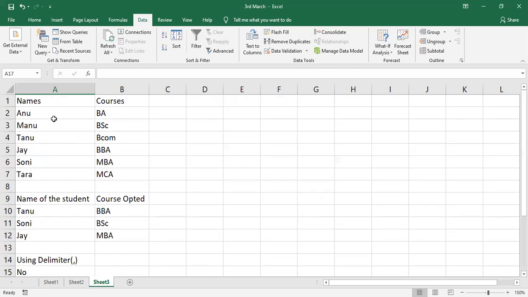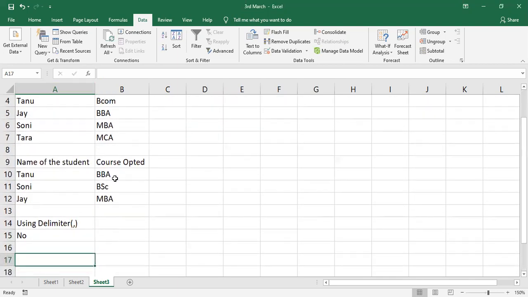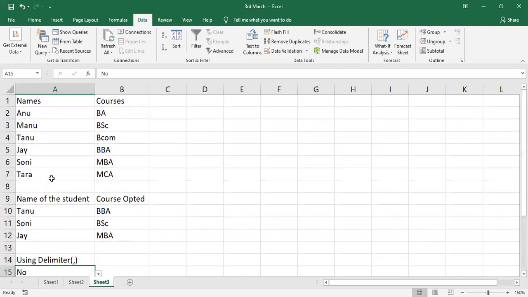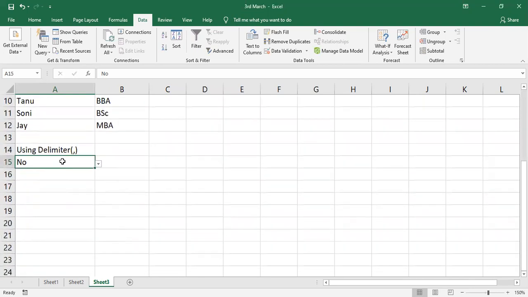See here, I have defined a name and then here I used those listed. But here what I did, I have not renamed the range. I directly used data validation in the source. Whatever I wanted in the list to be listed, that I specified by using a delimiter. What is the delimiter which I used? Comma. You have to separate each text with what? Comma. Okay.